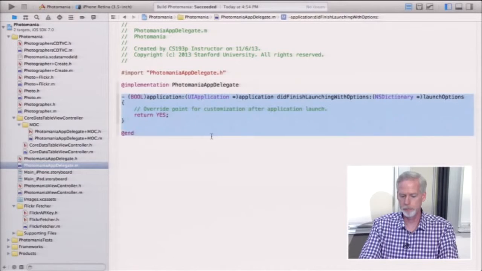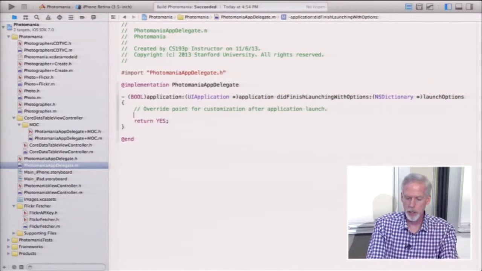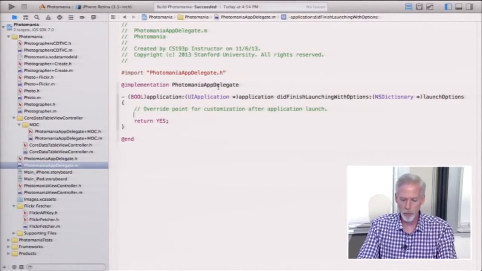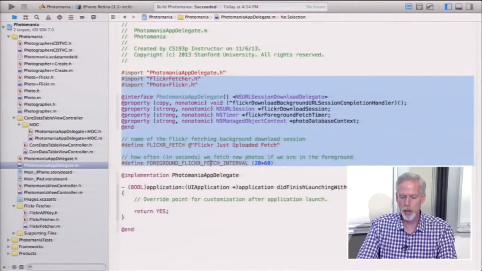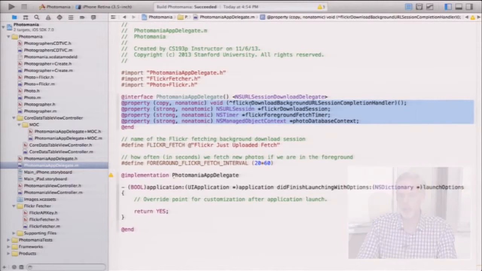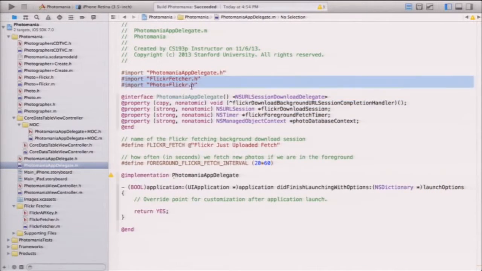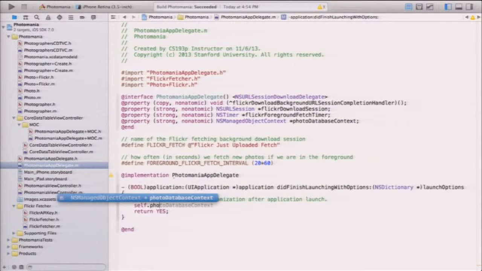Now what I'm going to do here is, first of all, let me create some properties. This is some stuff that I just created, some properties that I need and stuff like that. For time, I'm just going to put them in here, but as we use them, I will refer to them. But one of them I'm going to use right here is this photoDatabaseContext. So I'm going to keep a property in my app delegate, which is the context that we're going to be fetching into and that we're going to be reading out of. So I'm going to set that right here, photoDatabaseContext equals self